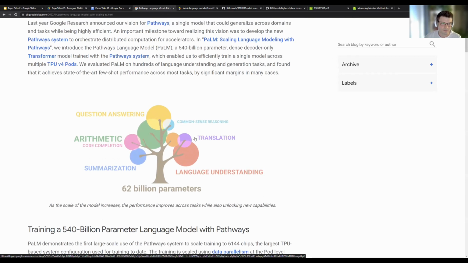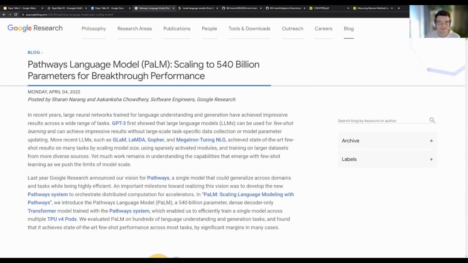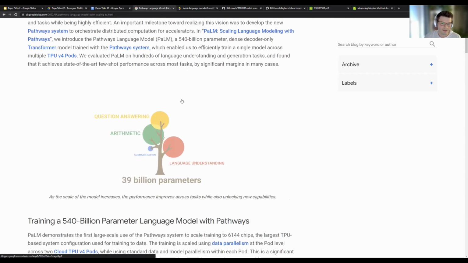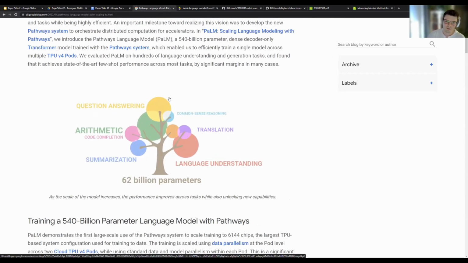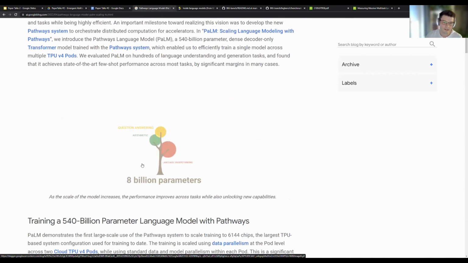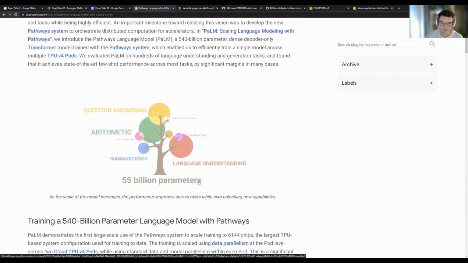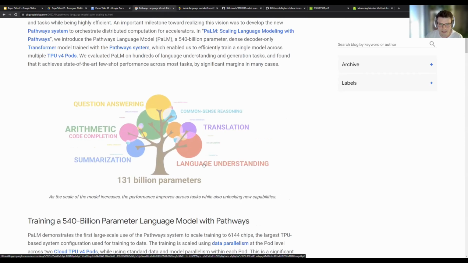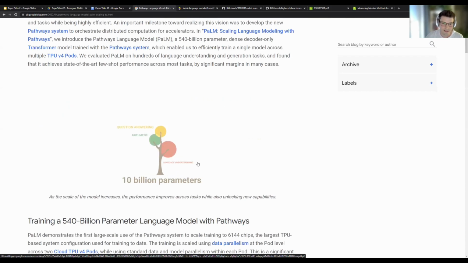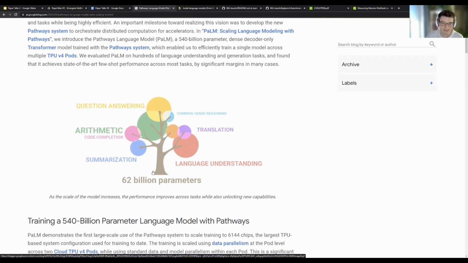This is actually from the PaLM model, and this is one of the large language models that this paper will discuss. It's really huge. It has 540 billion parameters, but they have here some visualization that is a good example for this paper, because here we are showing that with an increasing number of parameters of the model, the model is acquiring new abilities. So the smallest models have some basic abilities like language understanding, arithmetic, question answering, and with